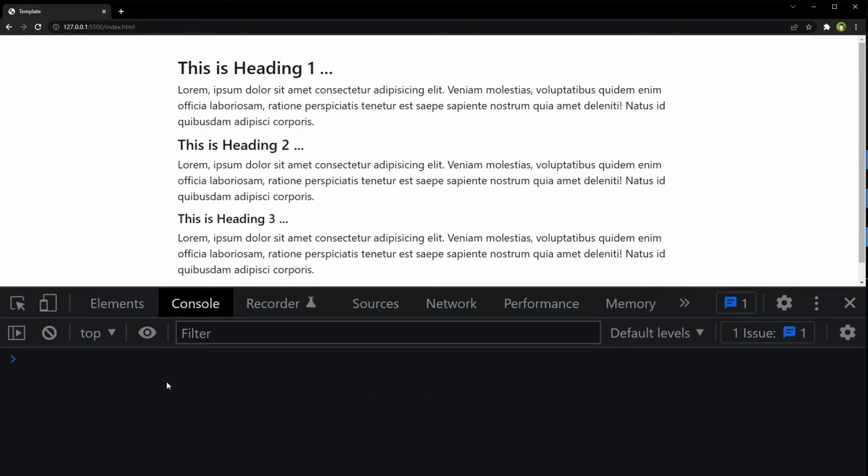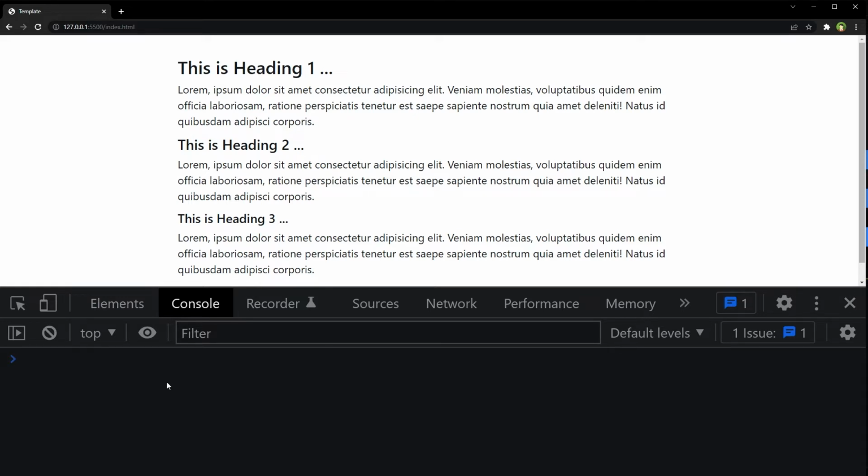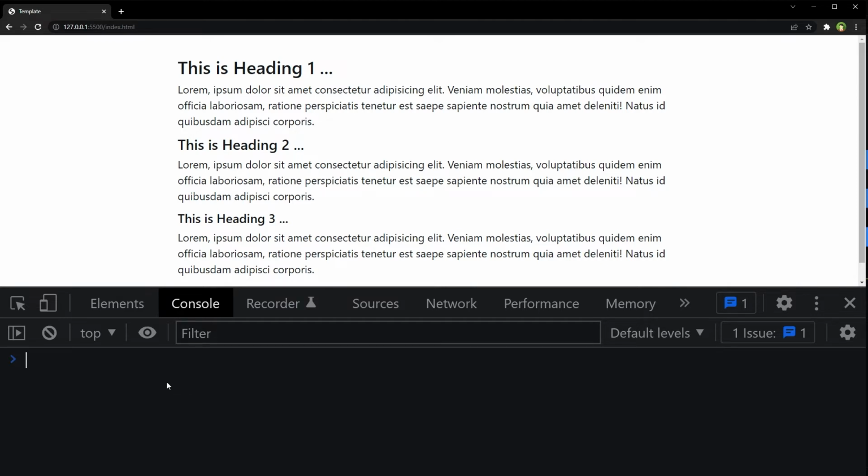So yes, jQuery may not be needed, but it is still a very popular JavaScript library and it is not going anywhere. jQuery has a best friend named WordPress. To completely ignore jQuery, you would have to ignore WordPress, which you cannot. But in this tutorial, let's look at some of the repetitive tasks that we do with jQuery and then see how vanilla JavaScript can do them. I will also share a shortcut that can replace jQuery with vanilla JavaScript code in your projects. You can do very easily in vanilla JavaScript anything that jQuery used to offer.